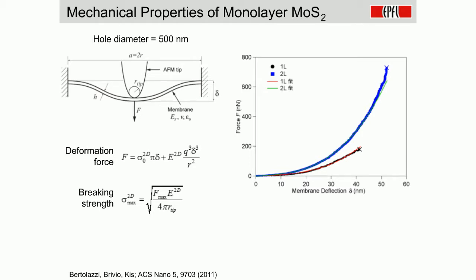So you see on the bottom the red and the black curves are the measurements for a single layer film up to the point of breaking, and the blue line is the same thing for the bilayer film. And from this we saw that MoS2 had a Young's modulus of around 280 gigapascals, which is similar to the Young's modulus of stainless steel. And also, more importantly, the strain at breaking is 11%, which means that you can actually apply quite a lot of strain to these materials